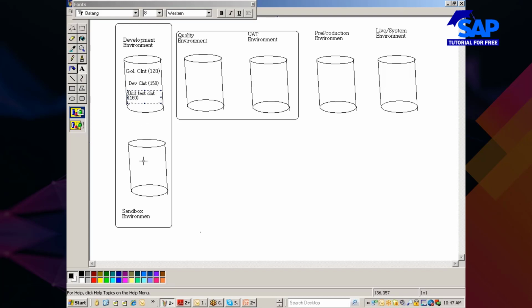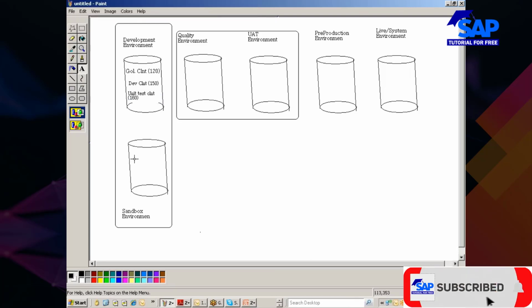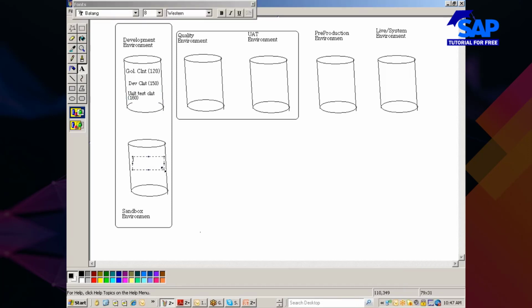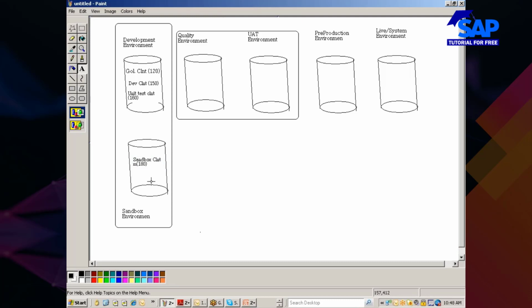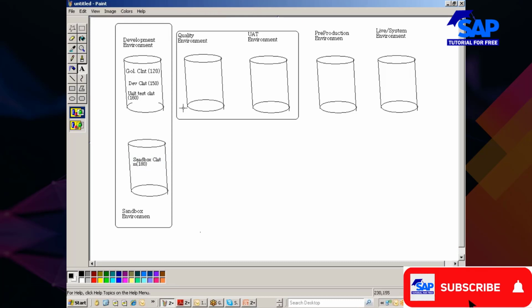And here I call this sandbox CLNT. Okay, so the client is, let's say, 180. By doing this, you see here, this is only one system.